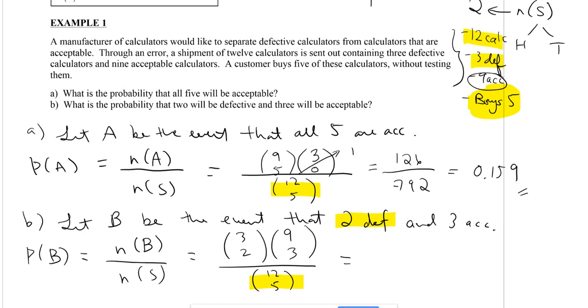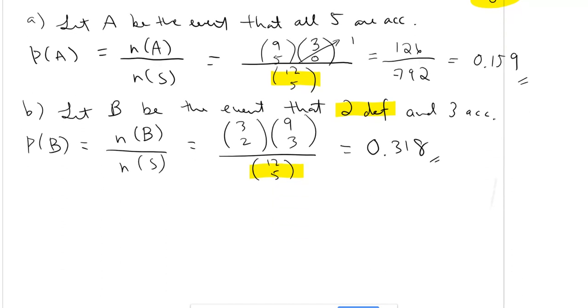So using my calculator, you should be getting 0.318. Okay, so that is example 1. Now, example 2